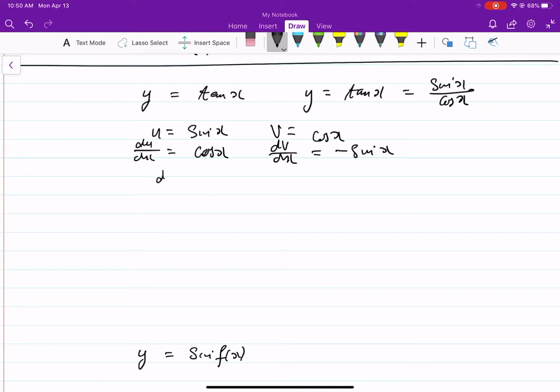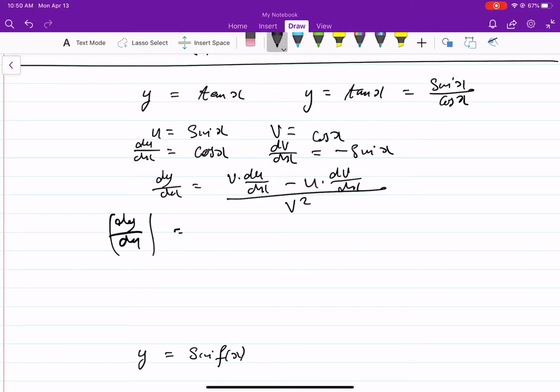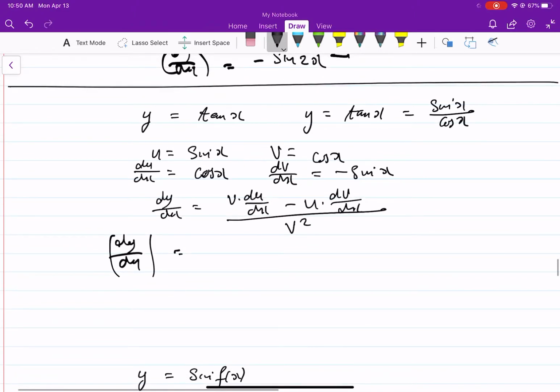The quotient rule says that to get my dy/dx, I have to take v times du/dx minus u times dv/dx, all upon v squared. So dy/dx is equal to v, my denominator, so that's cos x, times the differential of the numerator, which is du/dx, that was cos x as well, minus u